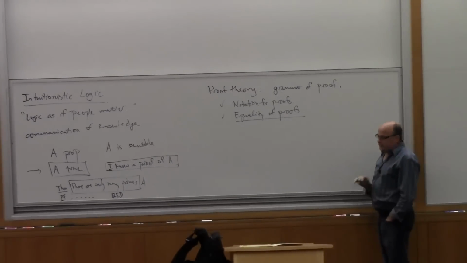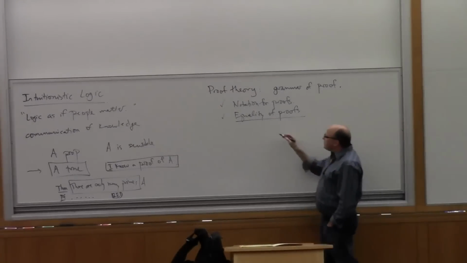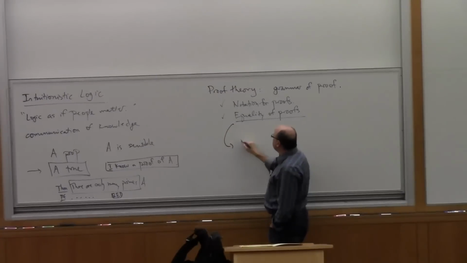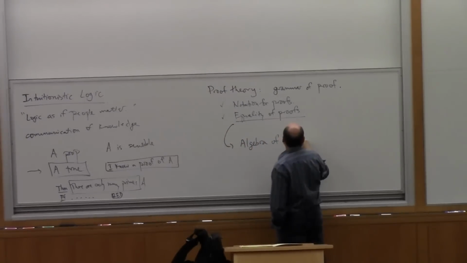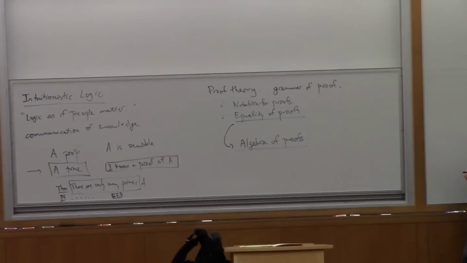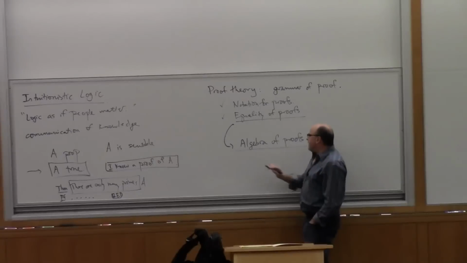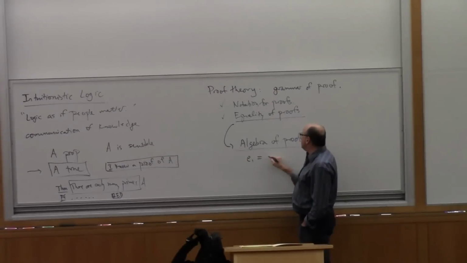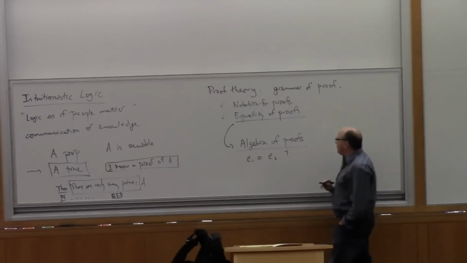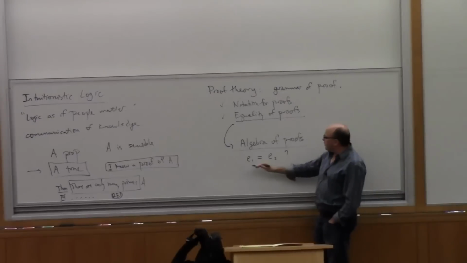So the idea about proof theory is to give us a formal notation for proofs. And then it will raise, and I'm going to get back to this by the end of my lecture, an important issue of equality of proofs, which leads directly to the idea of an algebra of proofs. Because remember, this is the algebraic view that I was alluding to before. In algebra, the basic idea is you're calculating whether one expression is equal to another, maybe. So when you learn elementary algebra in school, you learn to manipulate polynomials, for example. So you have various forms of expression, and you want to know when they are equal.